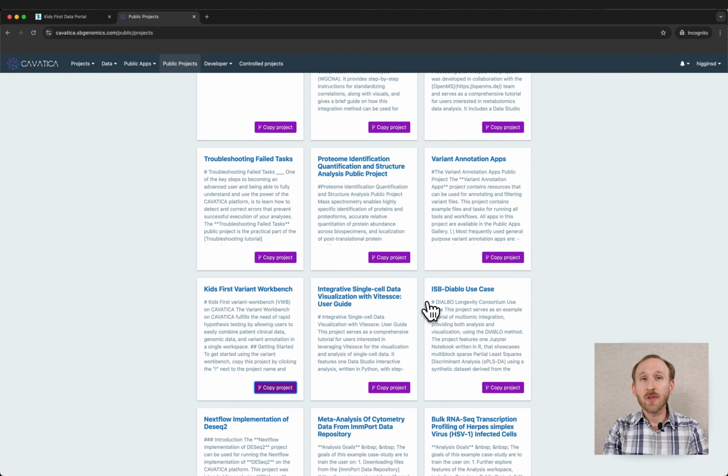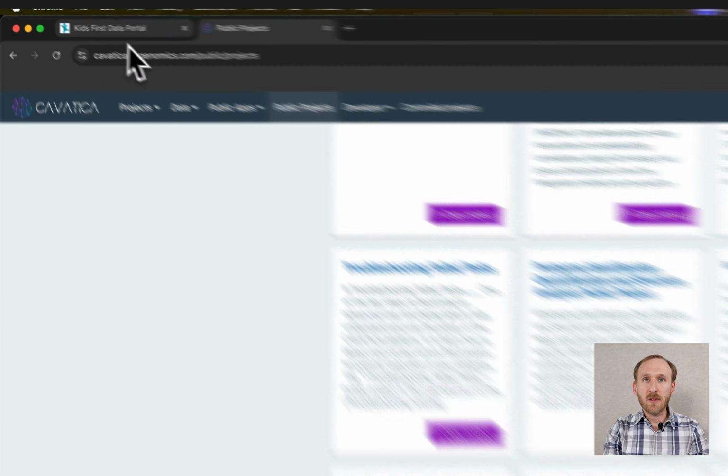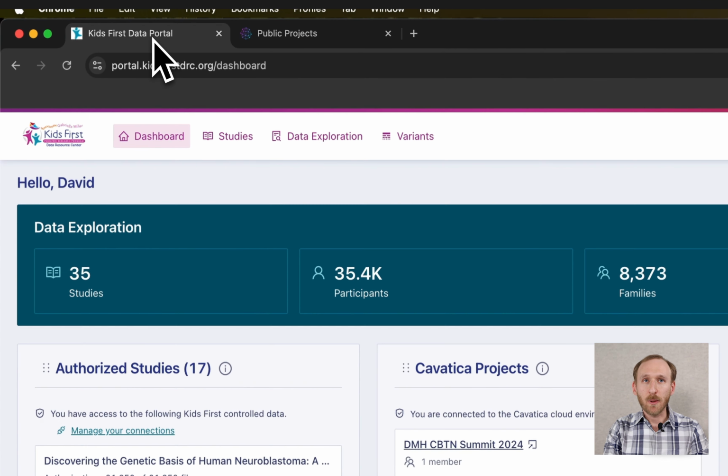From this point, you'll need to add files to this project. The Kids First Variant Workbench uses a very specific file format, which is not actually displayed in the Variant Explorer on the Kids First portal. These files are visible only on your Kids First portal dashboard. So after returning to the dashboard, you can find a section called Variant Workbench displayed on the right-hand side of your screen. After you've copied the preloaded public project in CAVATICA, you can select the Launch in CAVATICA button, which